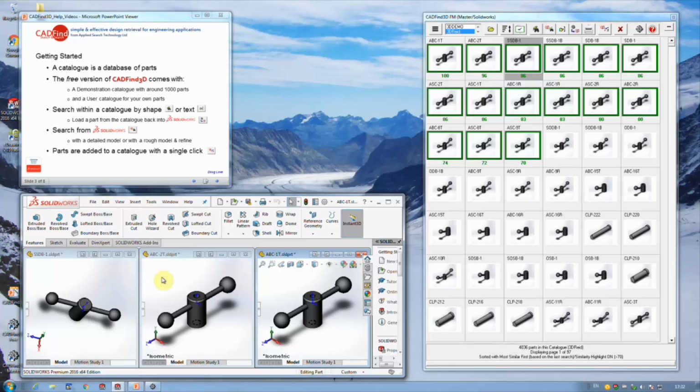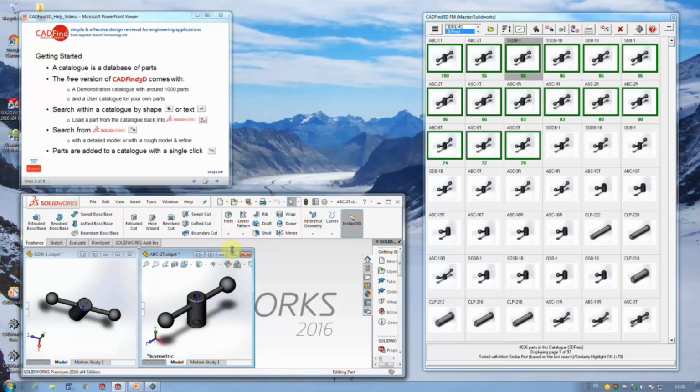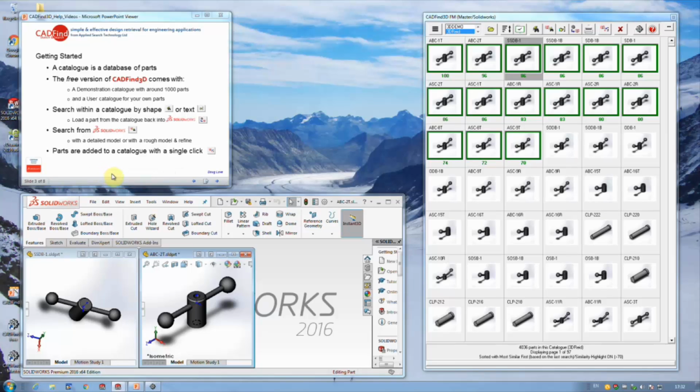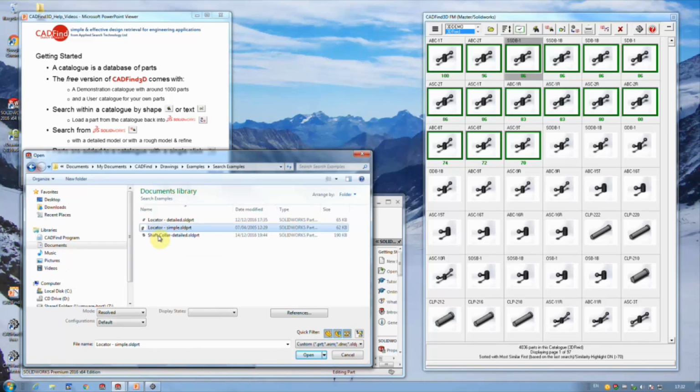Of course, it's not always the case that you want to search from within CADFIND. It's actually quite a lot more likely that you would want to search from within the CAD system itself. So if I just go back to my examples, of course we might have